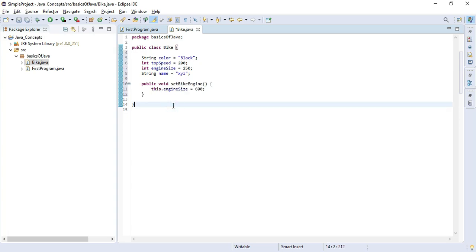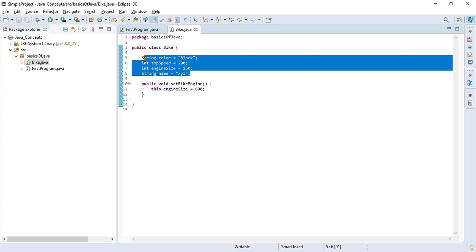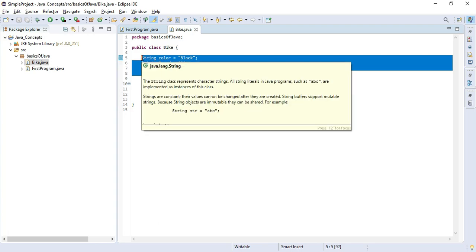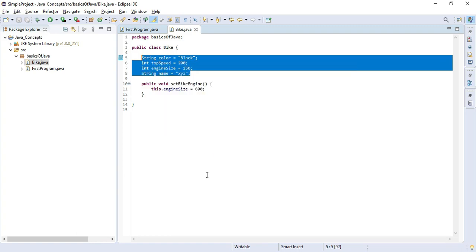If we have so many other methods like this rather than having a main method, and we will not create the object of this class, it means if we save this class and put it somewhere, it will be a simple document like txt documents which we create on our notepad while writing some information. So this Java class will behave like a text document. Once we create the object of this class, then only these instance variables will be created in the memory or in the database. So let me show you how.